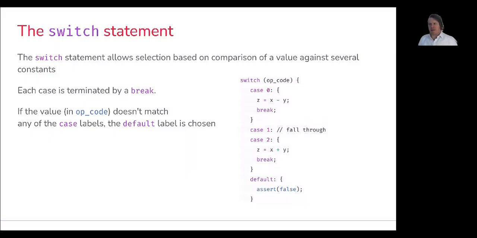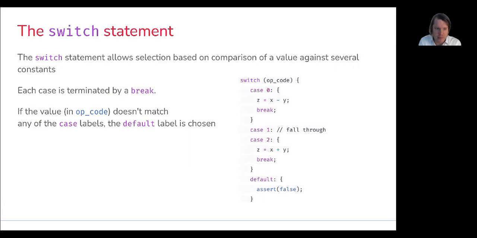Okay, so the other means of conditional execution that we have available to us is going to be the switch statement. The switch statement is going to allow selection based on the comparison of a value against several constants. Each case is going to be terminated by a break. And if we do not include a break in a particular case, what we'll observe to happen is fall through,